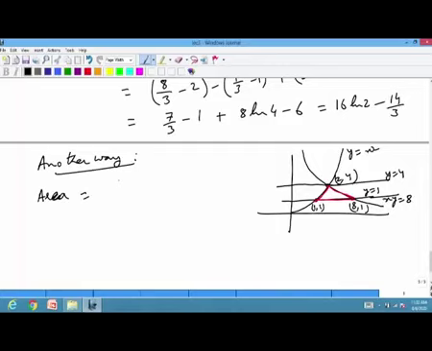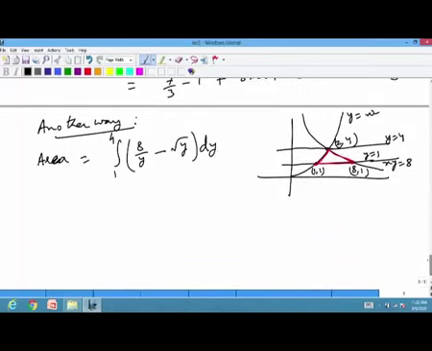I can write as, instead of integrating with respect to x, if I do with respect to y, then this is the integral from 1 to 4 of 8 by y minus root y dy, since y equal to x square means x is equal to root y. So, the advantage here is that we can evaluate this as just one integral. So, this is equal to